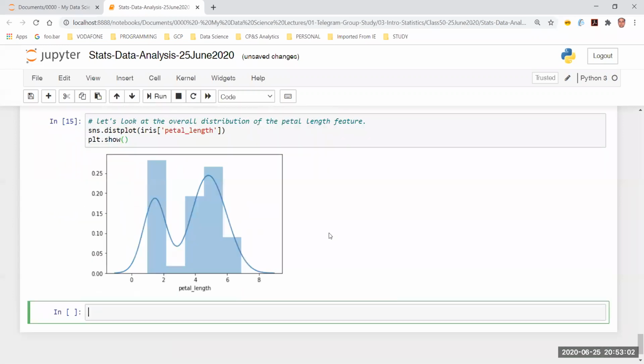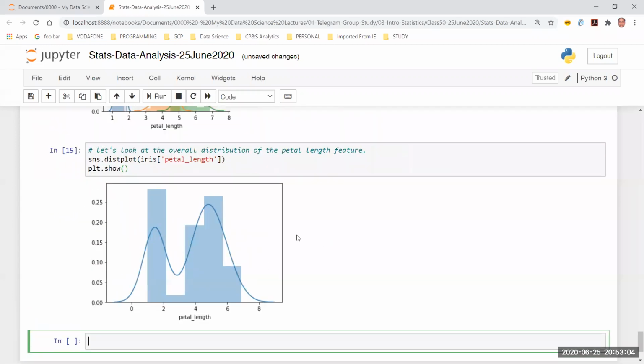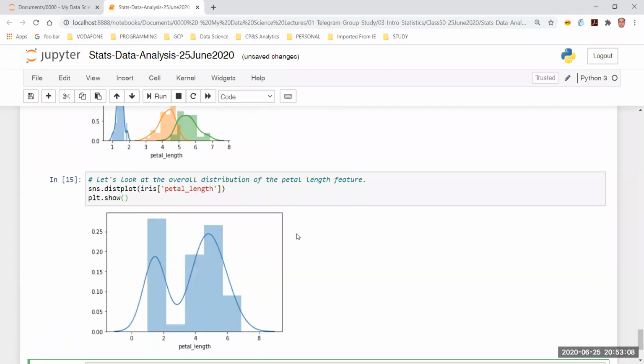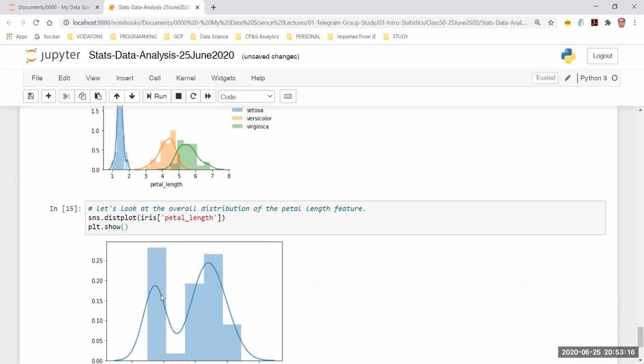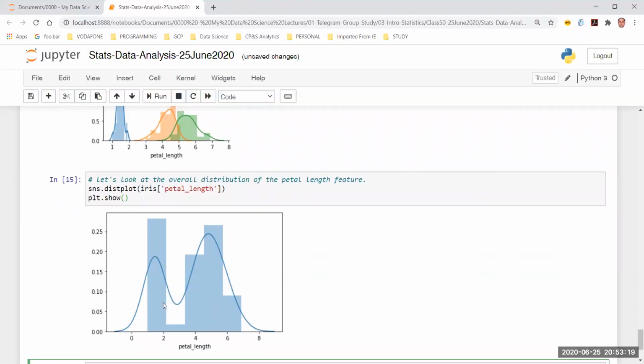Okay, so this is the distribution of the variable itself. If I look at the distribution of the variable itself, on the left hand side, I have the density of the probability. And then I have this boxed blue structure, which is actually the histogram. And then I have the smoothened structure, which is my PDF. So if I look at the individual variable, this is how the PDF is going to look, right?